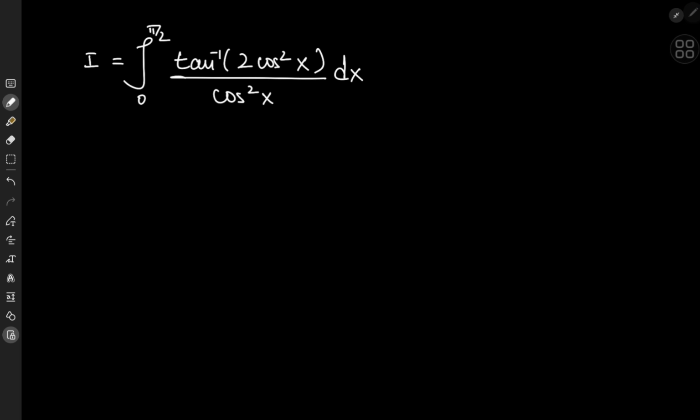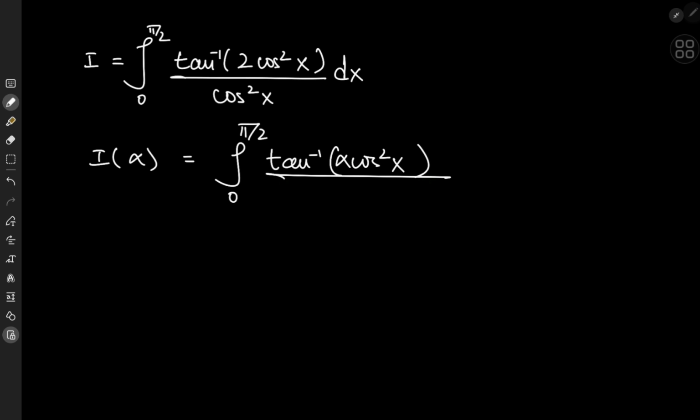We'll start off by defining the integral function I of some parameter alpha, and we'll define that as the integral from 0 to pi by 2 of inverse tangent of cosine squared x times alpha divided by cosine squared x, integration with respect to x. So that means the target integral is I of alpha equal to 2. And we also have some useful information here that if we plug in alpha equal to 0, we get